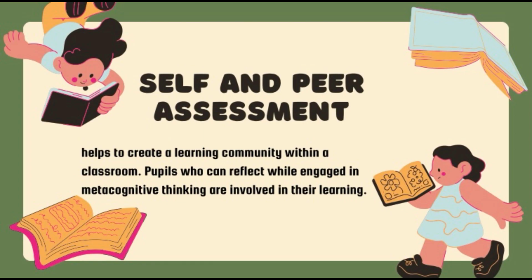In peer assessment, for example, let's say the teacher asks the pupils to swap essays with their classmate. Then each pupil reads their peer's essay and uses a checklist based on the goal the class set, like having a clear reason and correct grammar, to give feedback. For example, the pupil might say, you have great reasons to support your opinion, but I think you should add more examples to make it stronger.